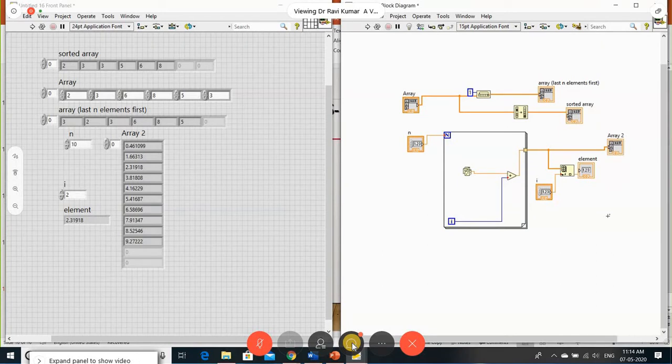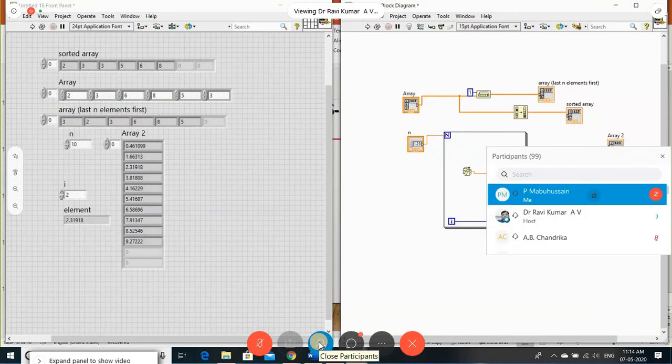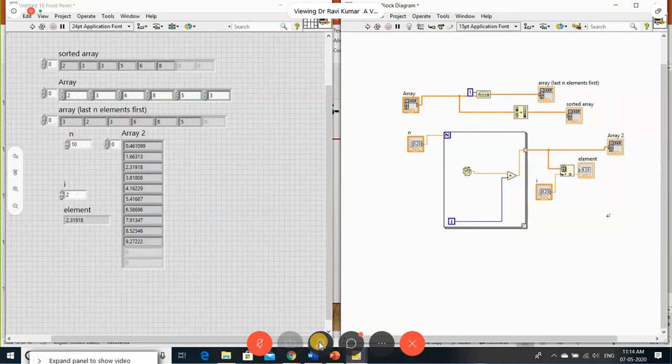I think hopefully you people understand some concepts by using for loop, while loop along with arrays. Yes, sir. Right. Next, we'll go with